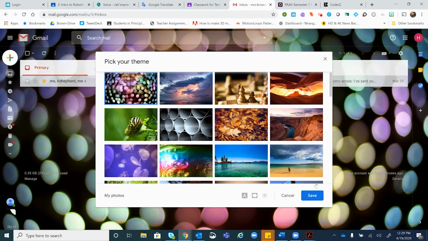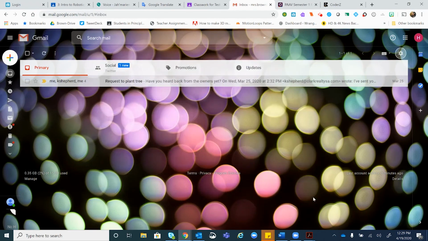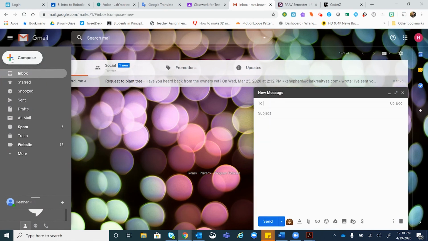You'll pick your theme. There are different things that you can do with your theme. You can choose to edit the theme however you like, but you must have one selected. You click Save. In order to prove that you have changed your theme, you're going to once again do a screenshot by selecting Print Screen. You will compose another email to me one more time. Here it is. Compose